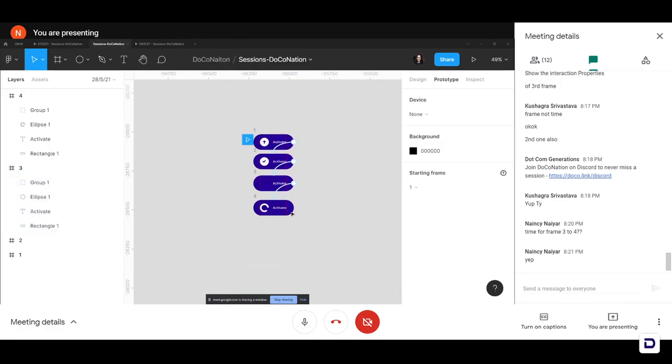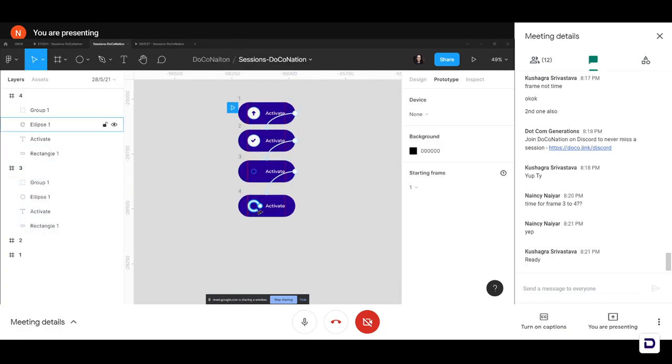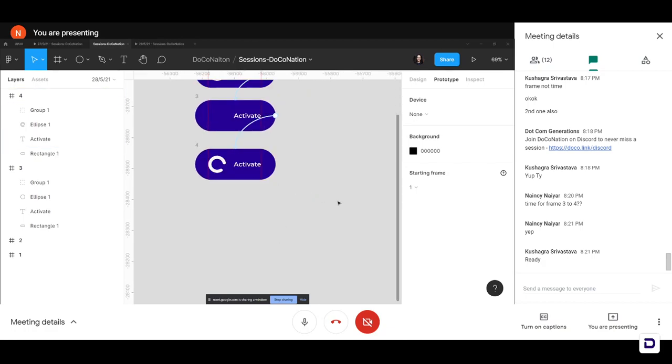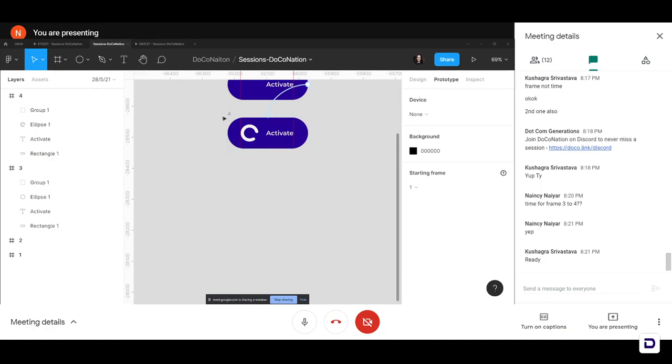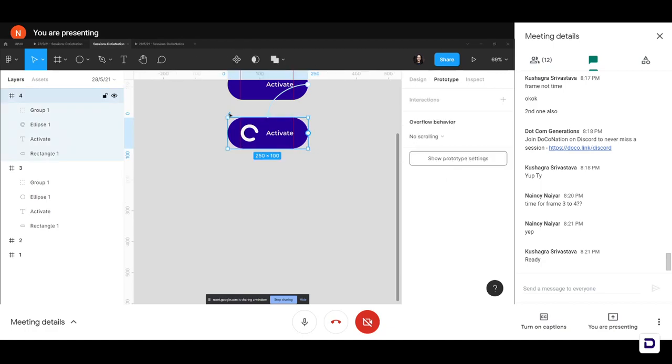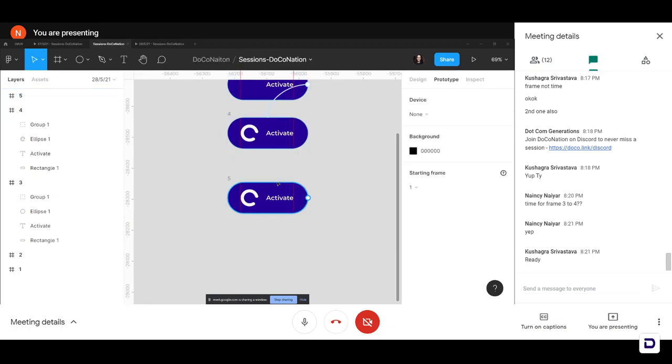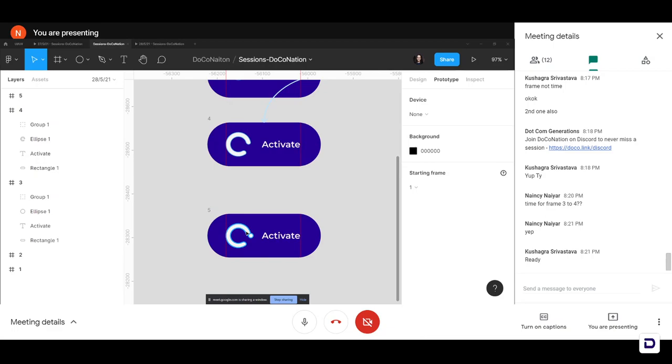Okay, so we have 4 of our frames and we've made this little loader circle. All we have to do is make it animate like we saw in the final animation. So to do that again, I will select my frame 4 and copy it. To copy it again, I will just Alt and drag or Control D. Okay, once I'm done with that, I'm going to change the frame name to 5 to avoid confusion. And now all I have to do is change the position of this little circle.